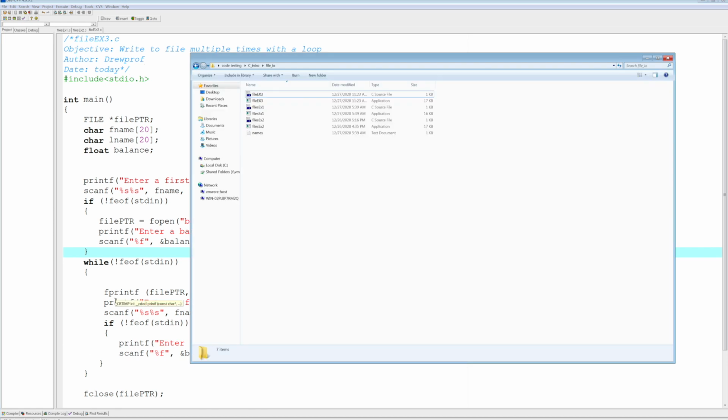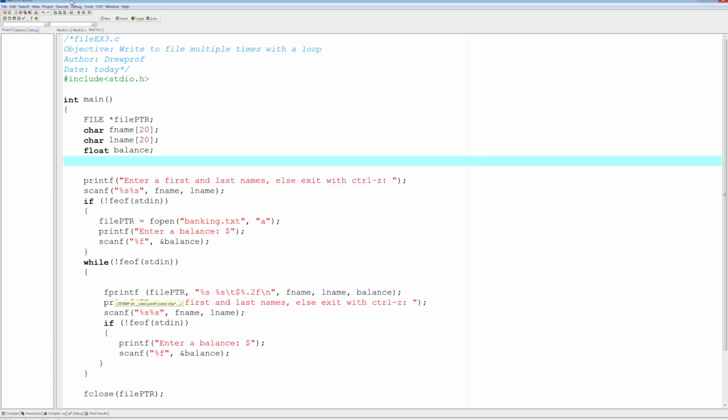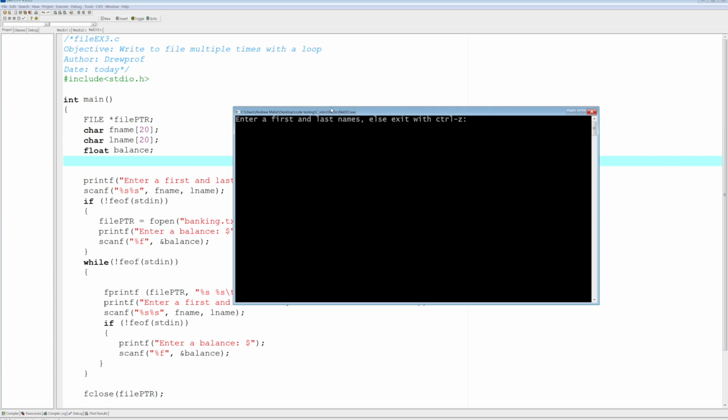So the only time the file will be created is if you didn't hit Control-Z the first time and you actually went ahead and put a first name and last name, right? So no Control-Z was captured. So let's go ahead and create that scenario. Let's run, and instead of Control-Z, I'm going to enter a first name and last name. So Henry Ford. And because of that, the if statement is true now, and it's going to take us into